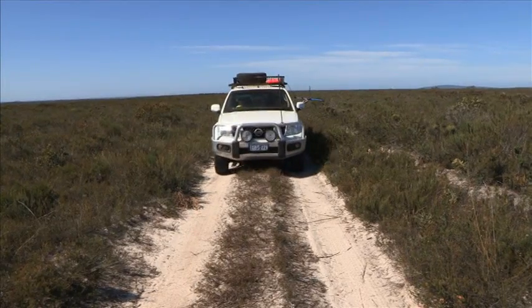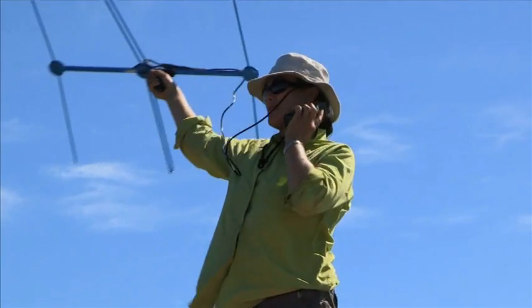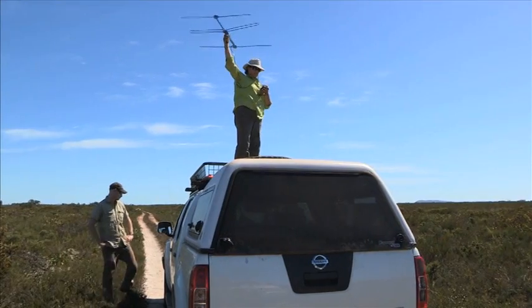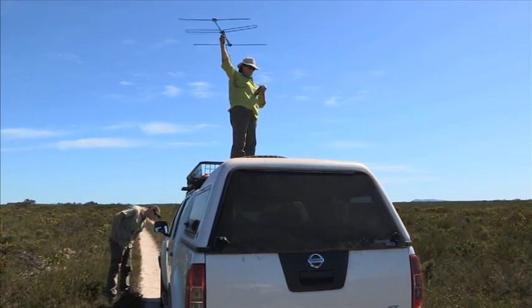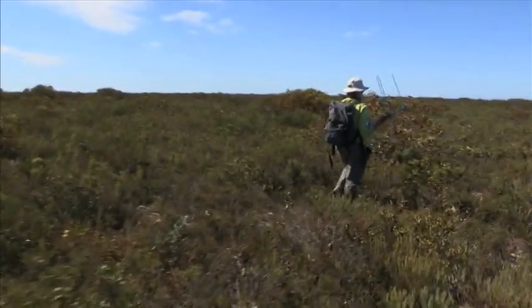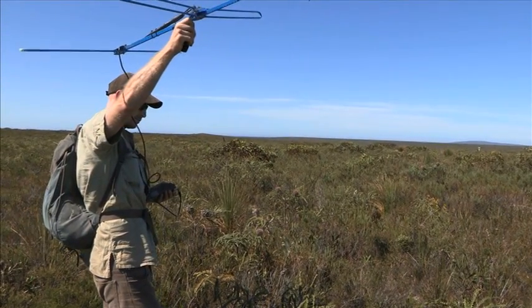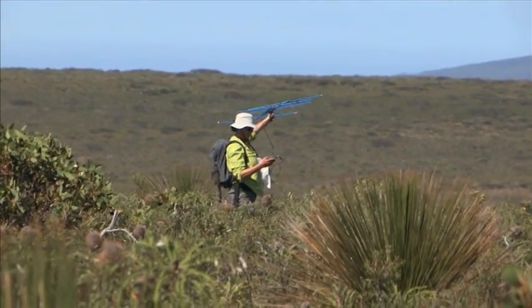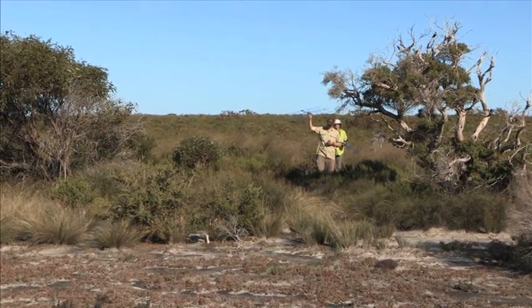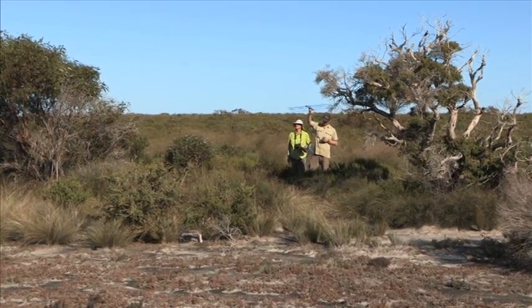One of the greatest impacts on native animals is predation by introduced species, in particular the European fox and feral cat. We're also radio tracking and trying to retrieve some of the collars that we had on feral cats. We baited the park using the Eradicate cat baits in March, so now we're looking for the GPS collars that were on the feral cats that we collared in January. This work that we're doing down here is the first